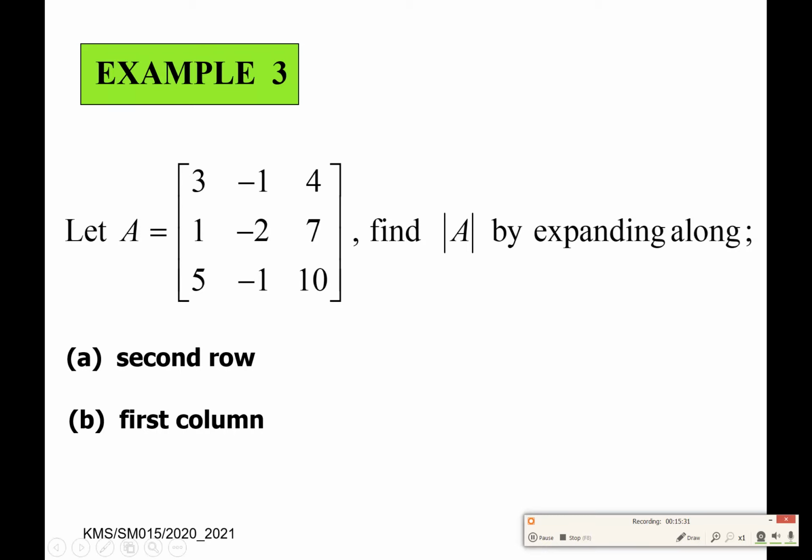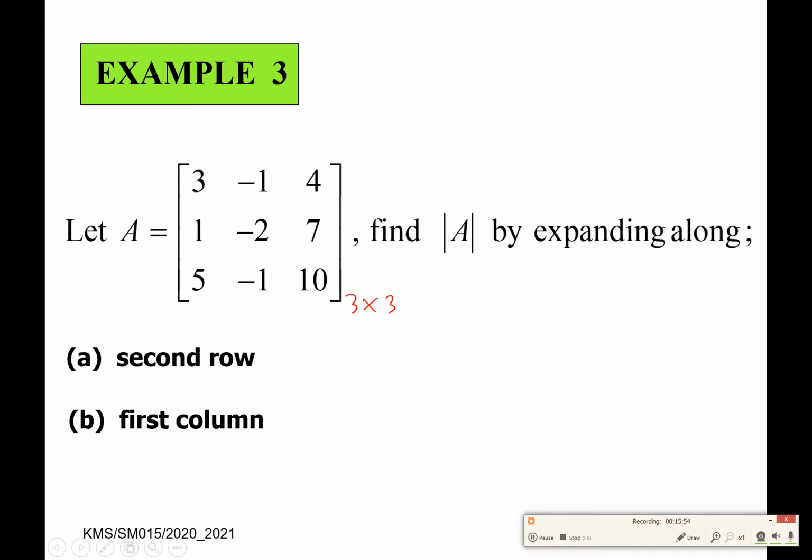Okay, given that a matrix is 3 by 3 matrix. Okay, see, this is 3 by 3 matrix. Find determinant of matrix A by expanding along second row and first column. Okay, you must clear first about what is row, what is column. Okay, so the first solution of this,